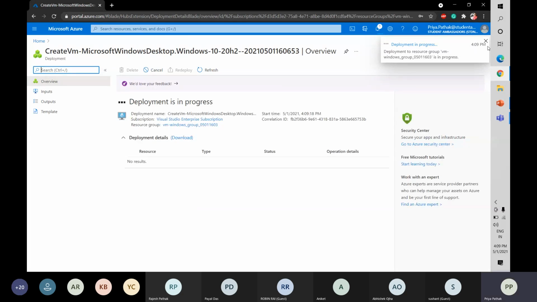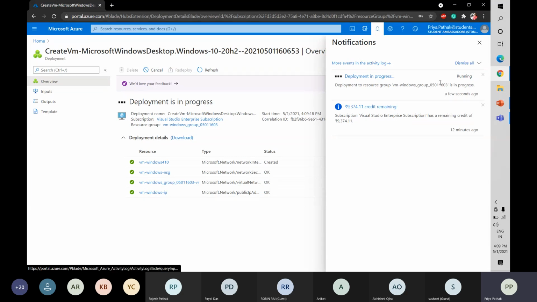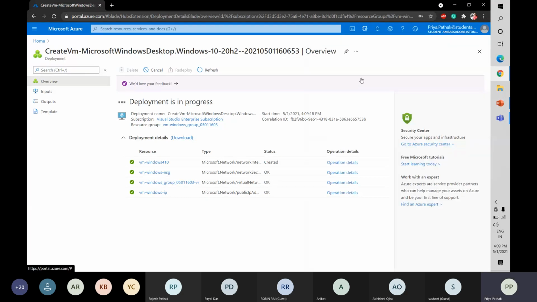Now this says that deployment is in progress. So a virtual machine normally takes 4 to 5 minutes to get deployed. So we have to wait for 5 minutes until our virtual machine gets deployed. Then we will be connecting our local machine to that virtual machine. So, meanwhile, our virtual machine gets deployed,